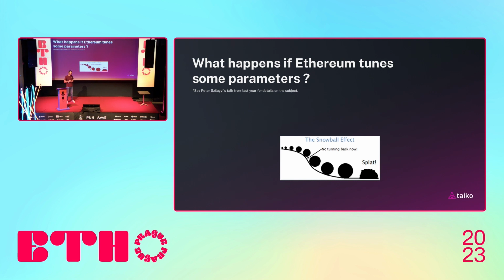There was an excellent presentation last year at ETH Prague from Peter Szilágyi, but I'll just give you a recap, a TLDR. If someone wants to see it, look at it on YouTube, please. Basically, let's say Ethereum tries to scale and we are tuning some parameters, like TPS, or rather the gas use per second. What happens is that it would speed up the growth rate, and if it speeds up the growth rate, then